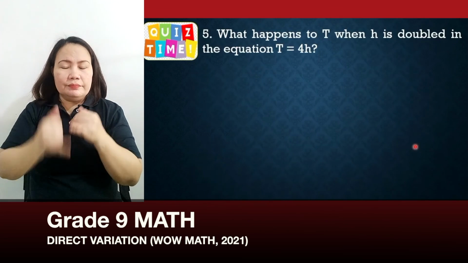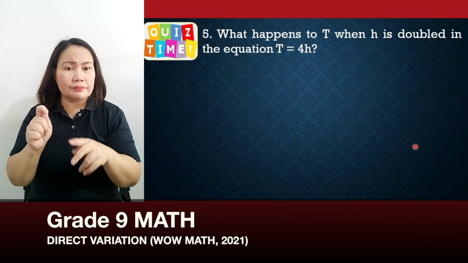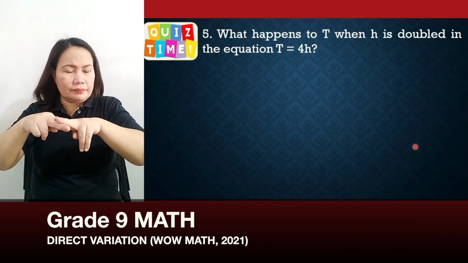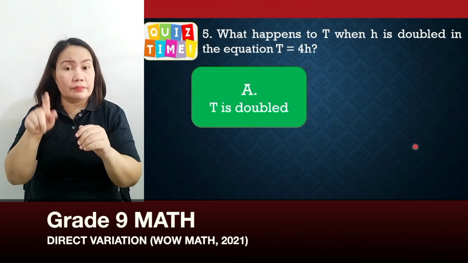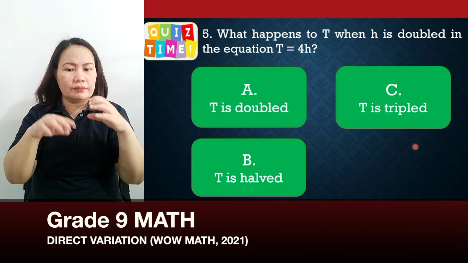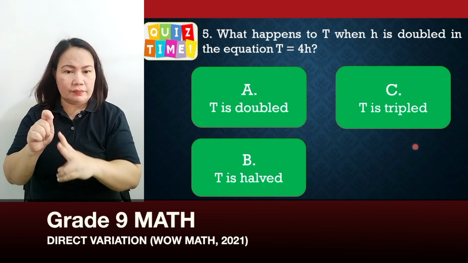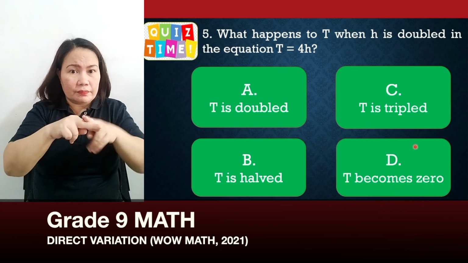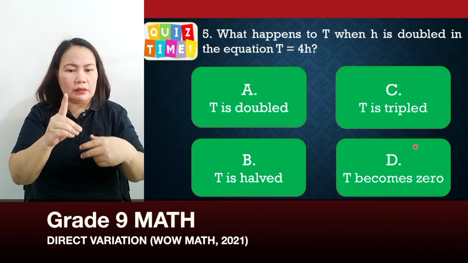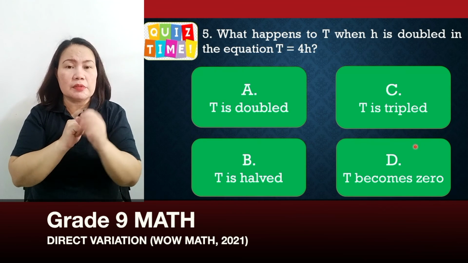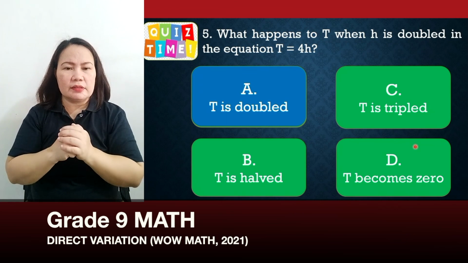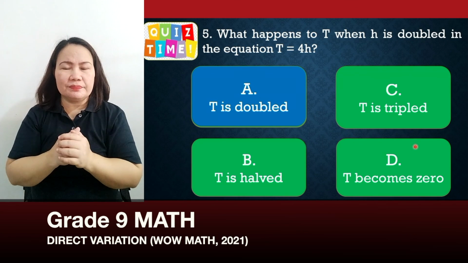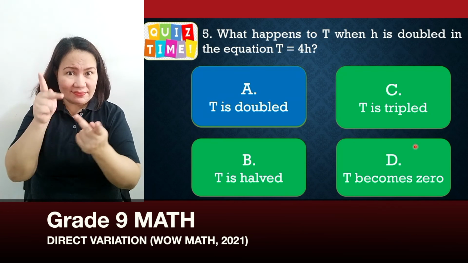Next, this is the last question. What happens to t when h is doubled in the equation t is equal to 4h? A, t is doubled. B, t is half. Letter C, t is tripled. And D, t becomes 0. Yes, the answer is letter A. T is doubled. Okay, if you get a perfect score,